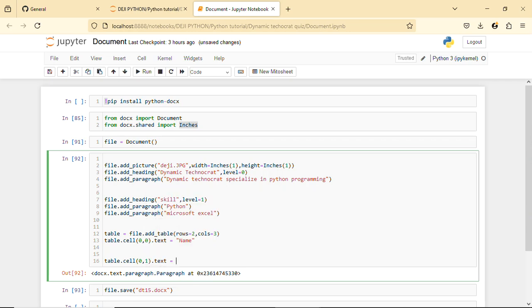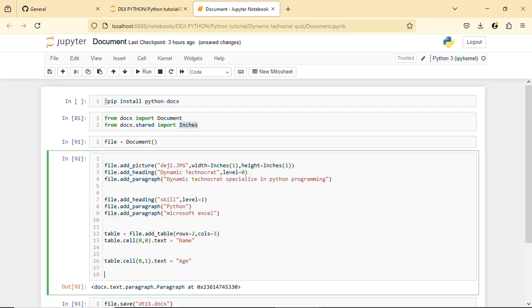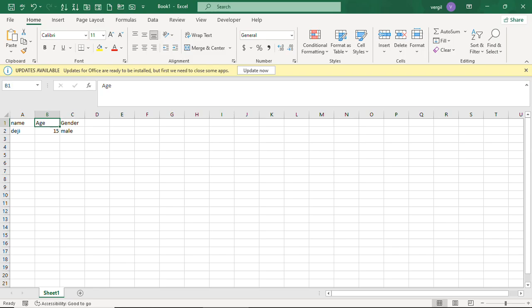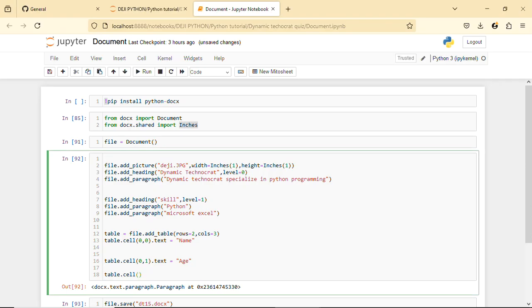So I'm going to pass in the second one, which is the age of the user. And finally, for the columns, I'm going to say dot cell. The last one is also in row 0 and column 2. That will be 0 2 dot text